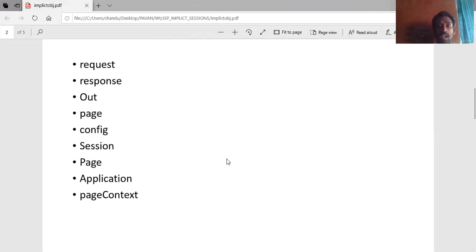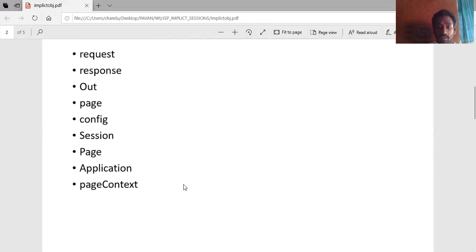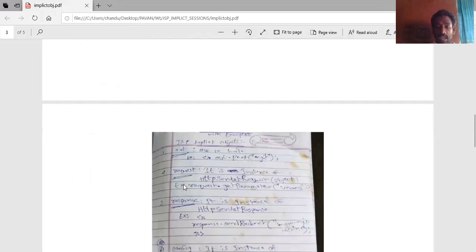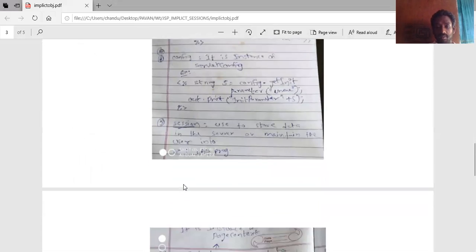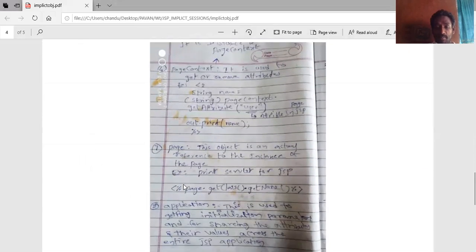For example, here I am displaying some variable, request. I need to access this request, or I need to access this out, or this page. This is some simple web page. Assume I need to access some page info. Then I need to use the page context object, and we'll go for a simple example program and a combined example program.